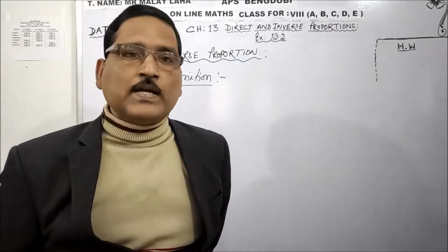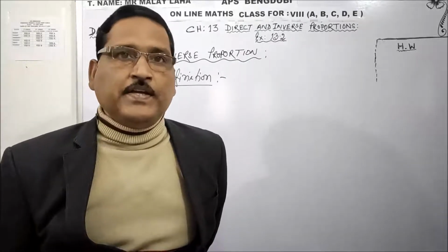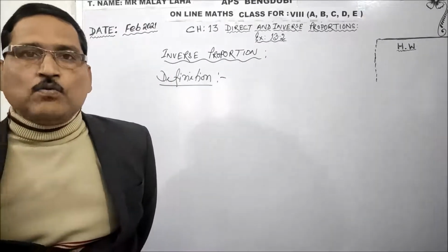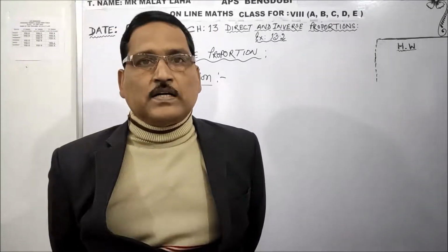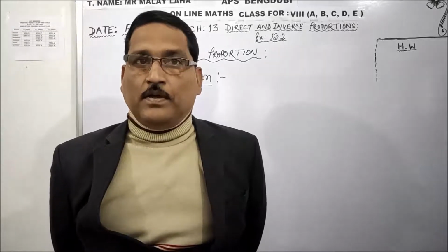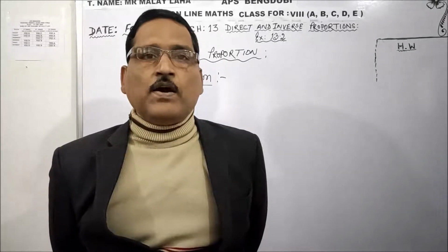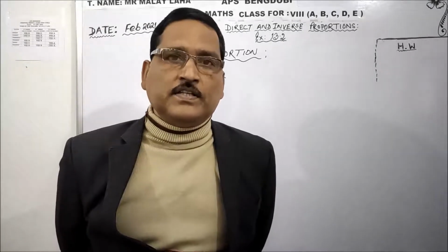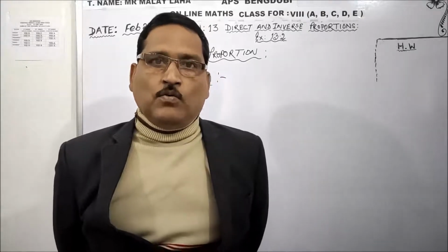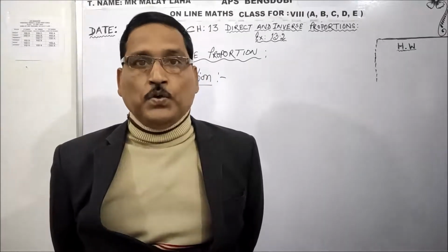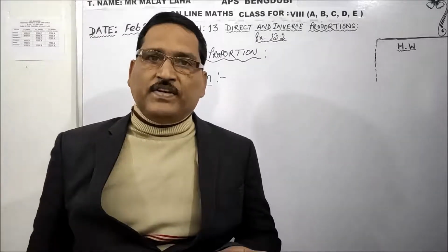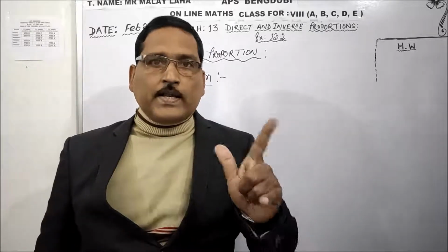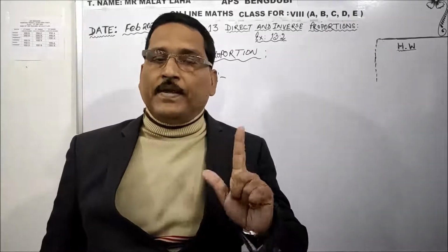Similarly, worker and time also vary inversely to each other. Suppose 10 workers can complete a task in 5 days. Now I have increased the worker number, instead of 10, to 20 workers. Will they still take 5 days? No. When the worker number increases, the required time will be less. So the product of worker and time will remain the same every time.